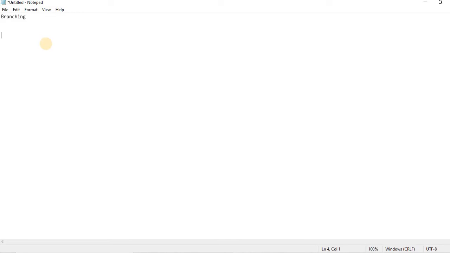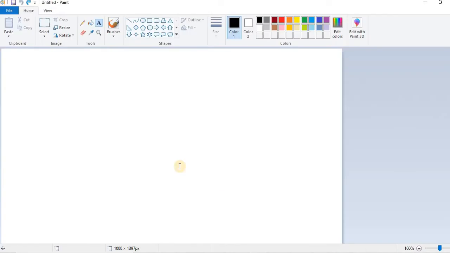Let's say A and B are working on credit card feature development, and C and D on debit card development. If all four work in the same area, there will be a chance of getting confused with the code, and there will be issues while pushing it to the remote repository. So that's why we have a concept called branching.